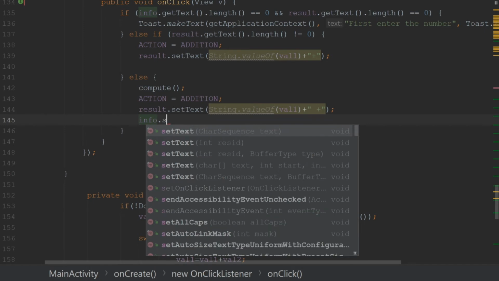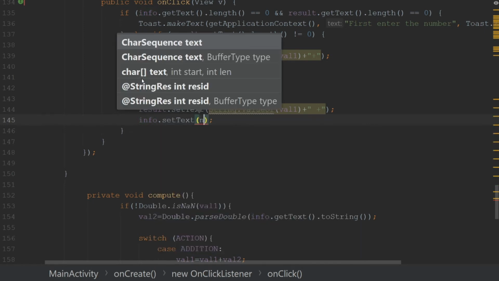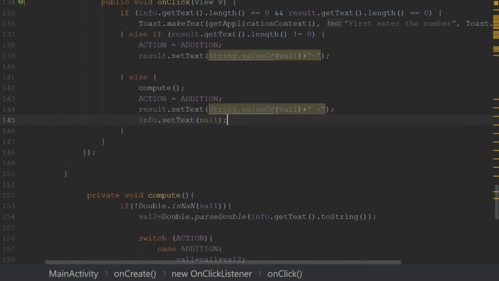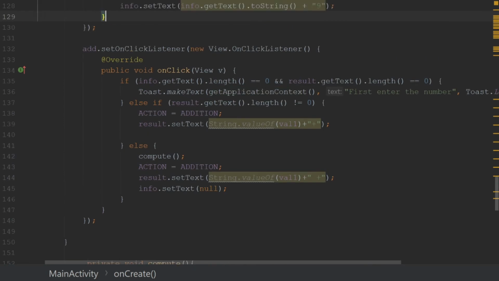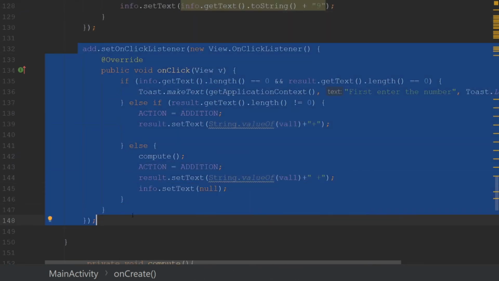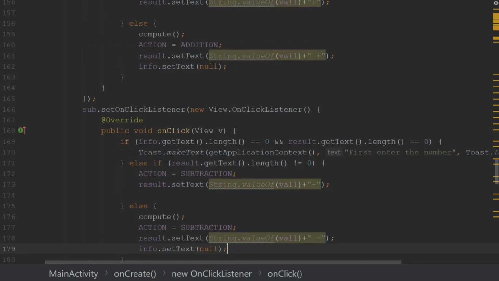After doing this, we set info text as null. Do the same for all the operations like addition, multiplication, subtraction and division.